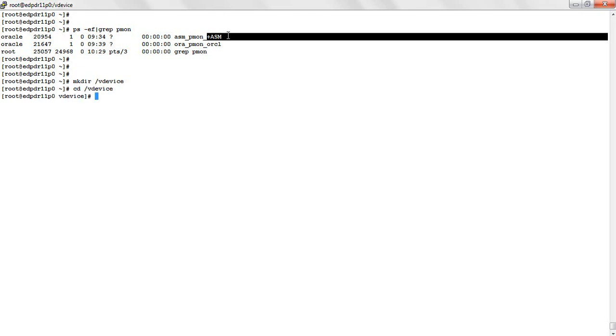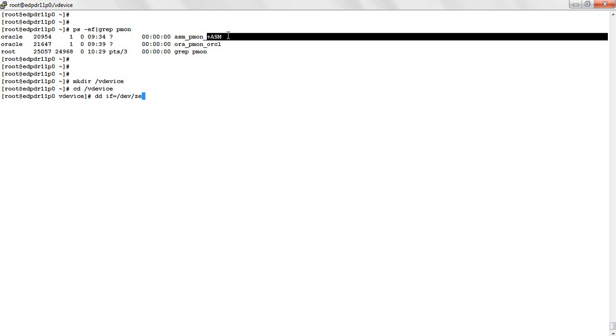Now inside this I need to create some files with a predefined size, so that when a particular device is created in a logical manner, it has the capacity to store data, and that data will physically be stored in these files. The first file that I am creating will have my input from dev0.